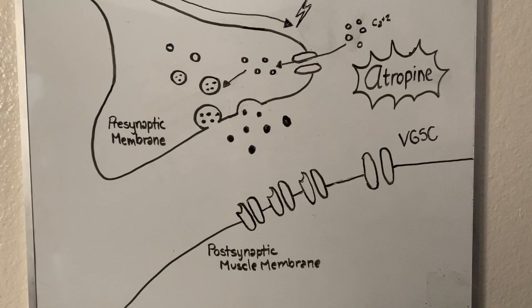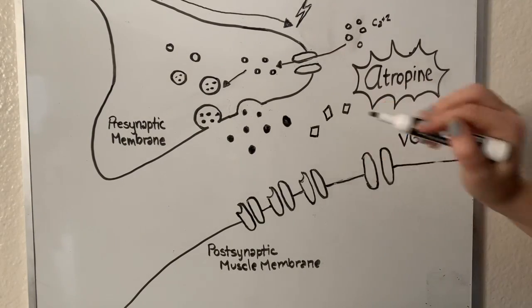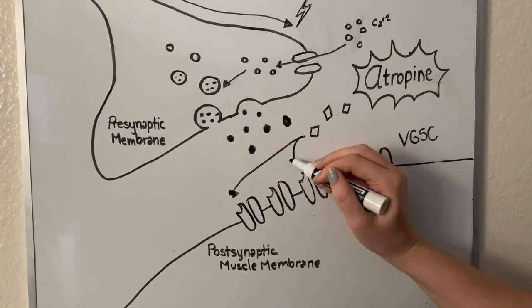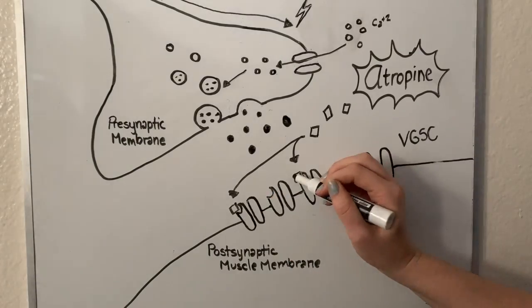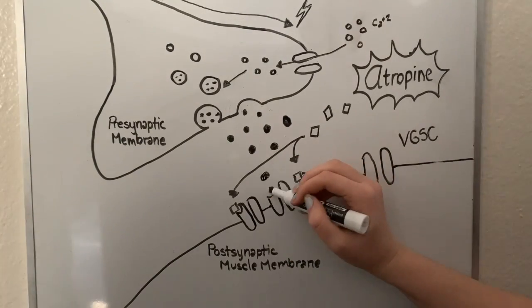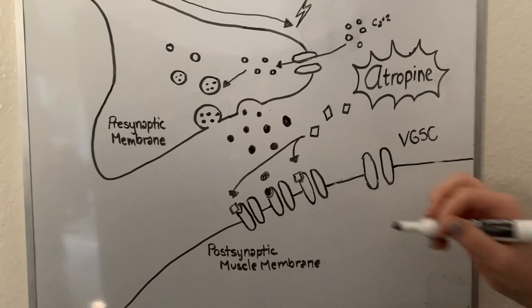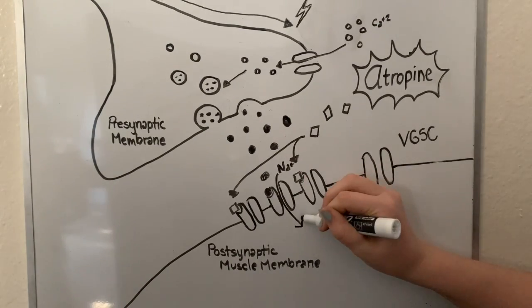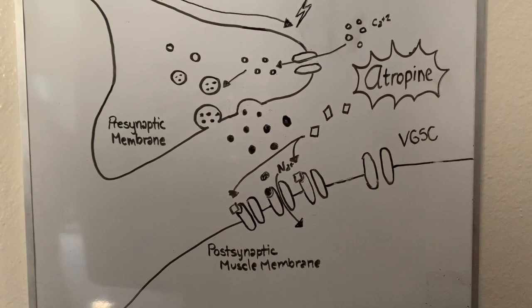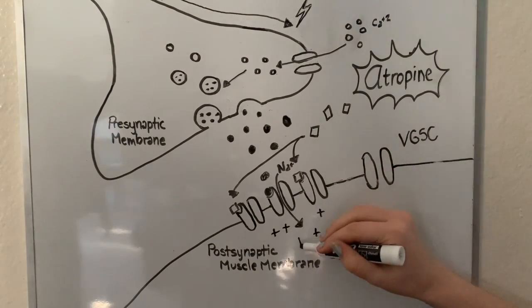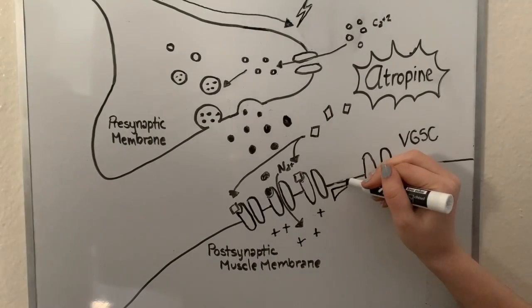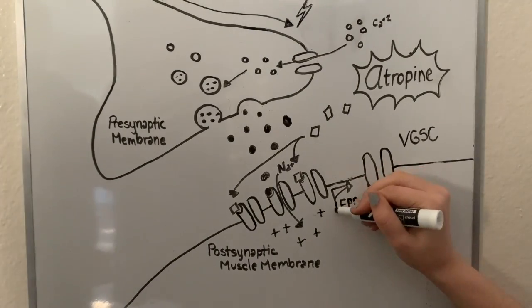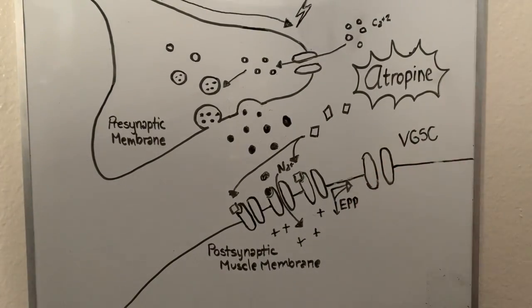Inhibition of these receptors decreases the amount of sodium ions that flow into the postsynaptic terminal. With a decreased amount of sodium influx, the magnitude of the end plate potential is smaller than control, so there is a smaller depolarizing force driving membrane potential to threshold. In muscle cells with a higher resting potential, this force is still able to depolarize and open enough voltage-gated sodium channels to initiate an action potential.